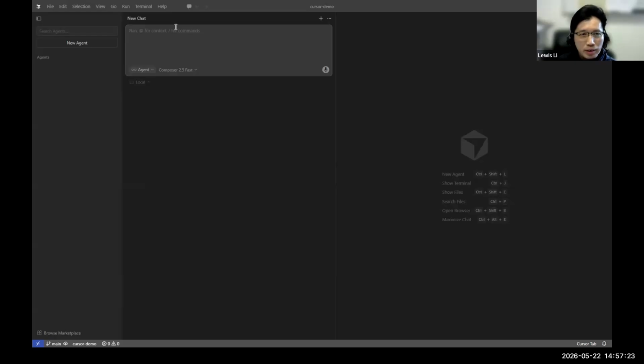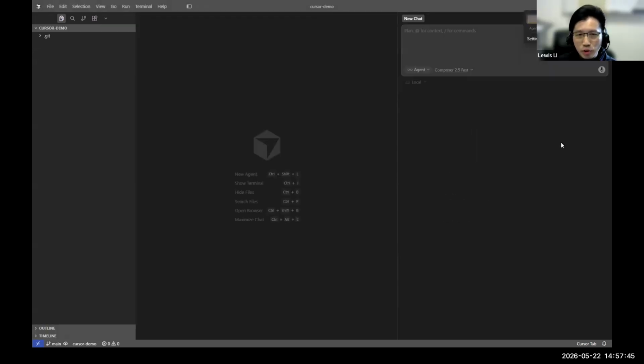You can see the chat is now on the left and in the middle, and on the right hand side is the coding that you will see later on. Either editor mode or agent mode works the same, so it depends on your preference. I will start with the editor mode, and then I will switch to the agent mode later on so that you can see the difference between these two modes.